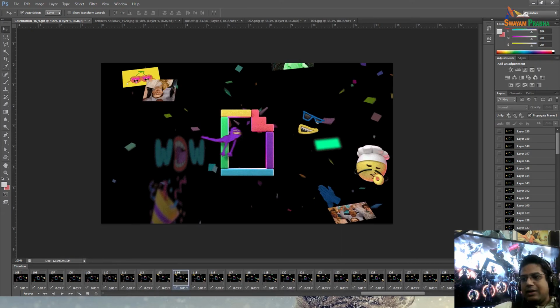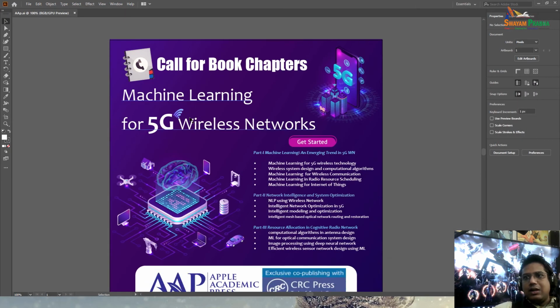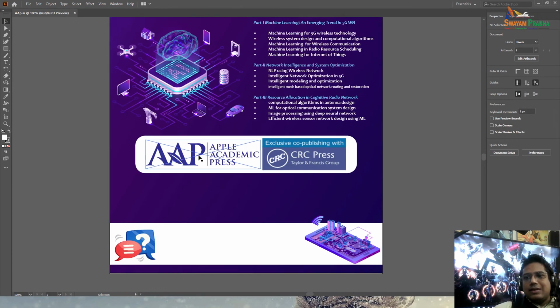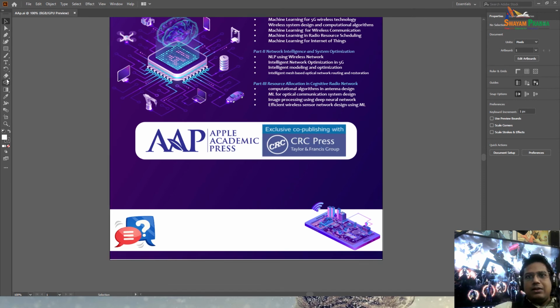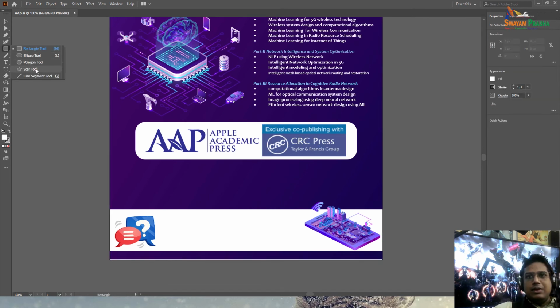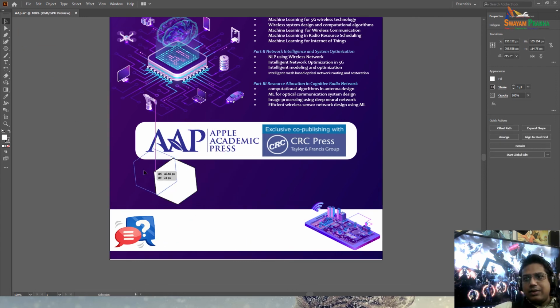Now I am opening the Adobe Illustrator application here. As I told you, we can save the file into the EPS file format. So for example, here I am using some graph, some of the shapes over here. So I had used this one shape.